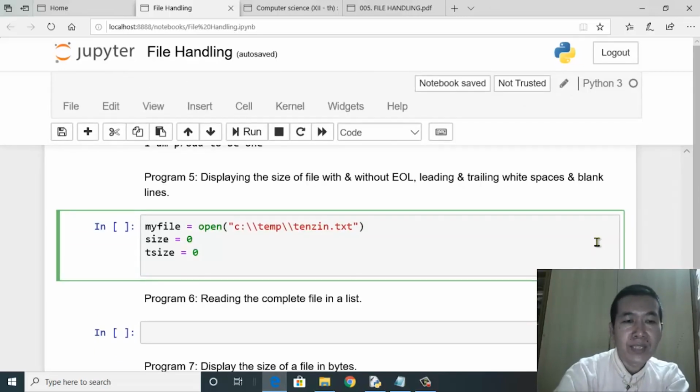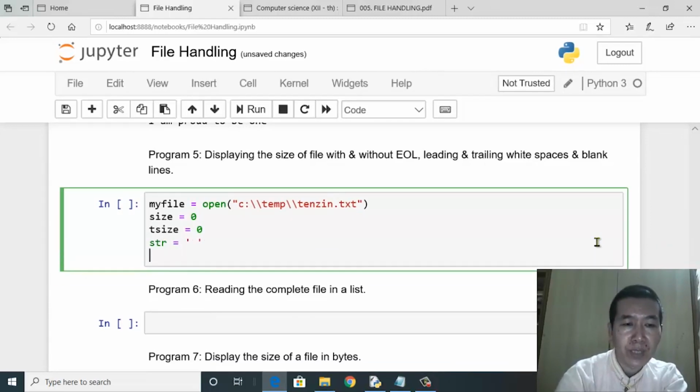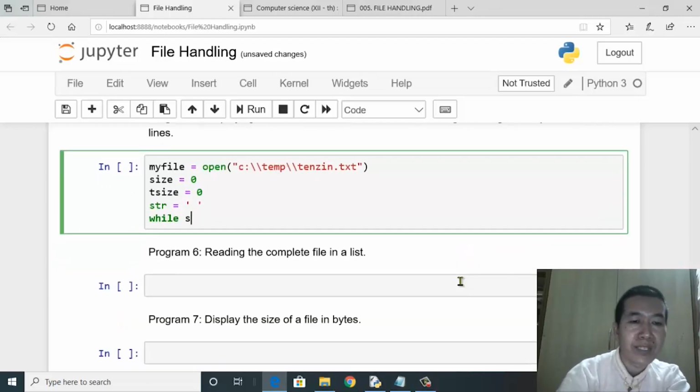Alright, and then we'll use the while statement. str should be assigned with a value of space as explained in the earlier program, and then we'll have the while statement followed by str. So the value of str will be true, since the value of str is a space. Hence its none value, this has to be treated as a true value.